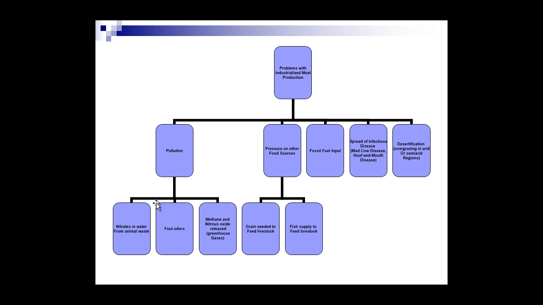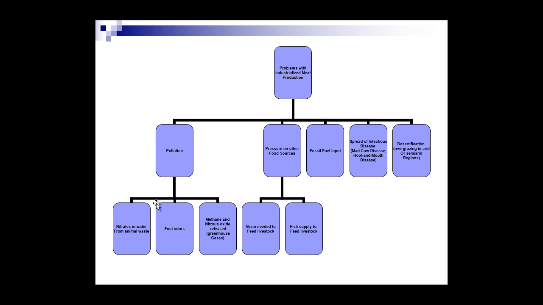You're going to put pressure on other food sources. If you're going to feed all those animals, then you need to grow food for all of them. That's a lot of corn and wheat that's being taken away from people and given to animals. Again, if you're eating higher up on the food chain, okay, you're losing energy. You're losing your primary productivity as you move up the food chain, as you move up the trophic pyramid.